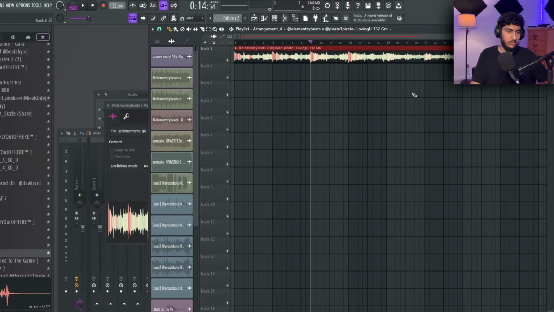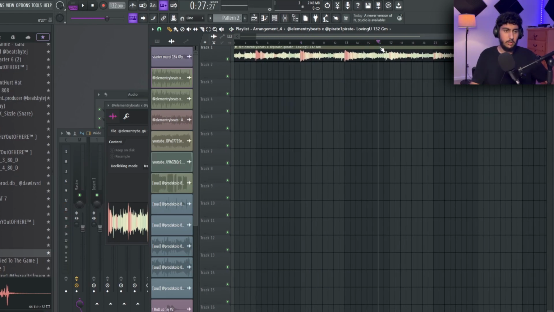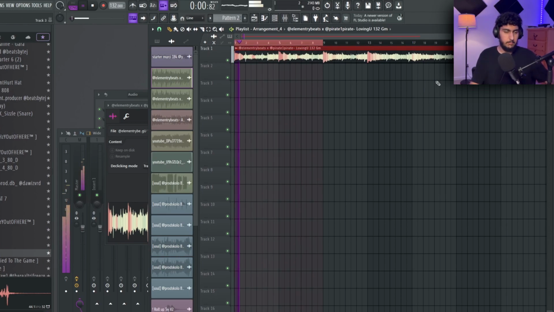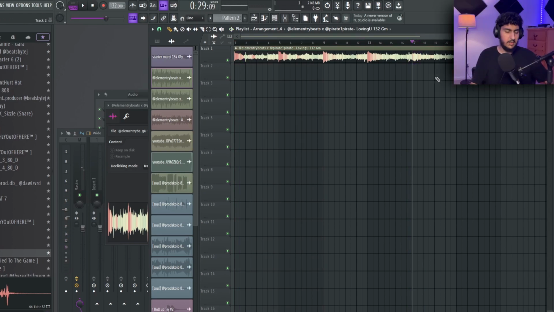So that's kind of the basic gist of it, and then there's a little switch up part right here. It's pretty much the same thing, just with a different bass note, and then there's this little alternate part over here that incorporates some different melody elements. So I'm primarily just going to be using this chop and this one right here,